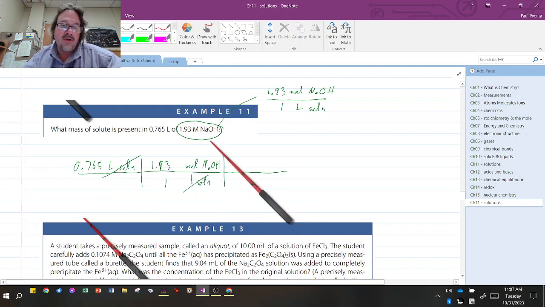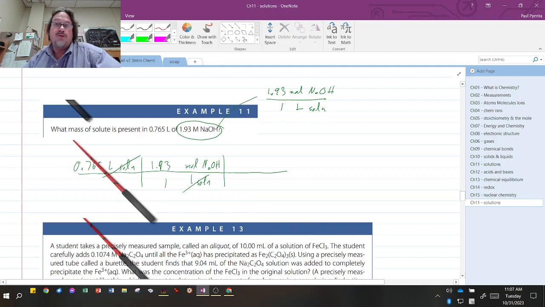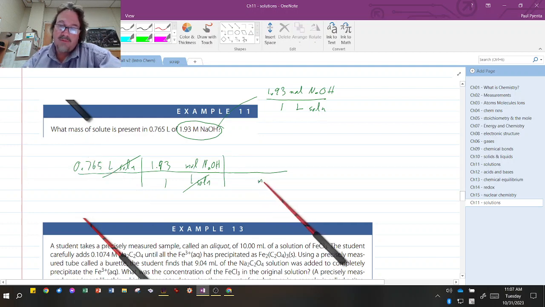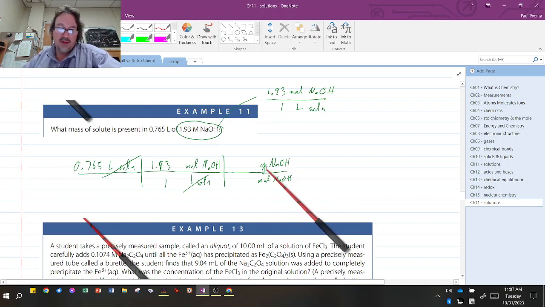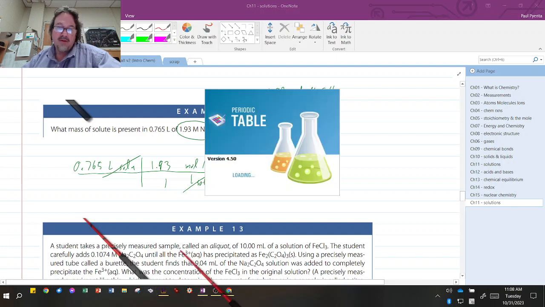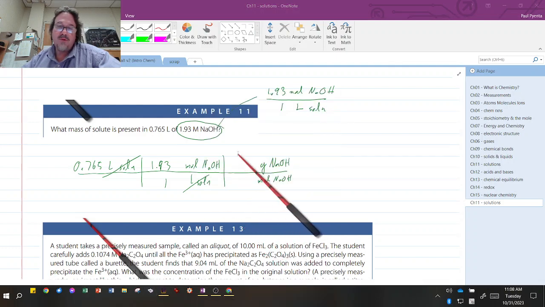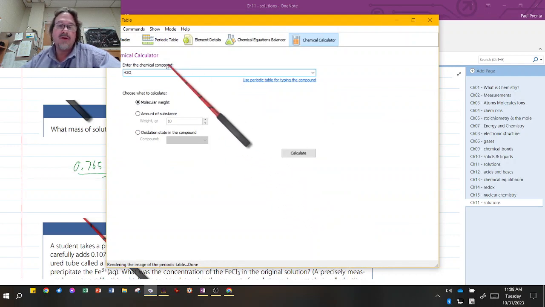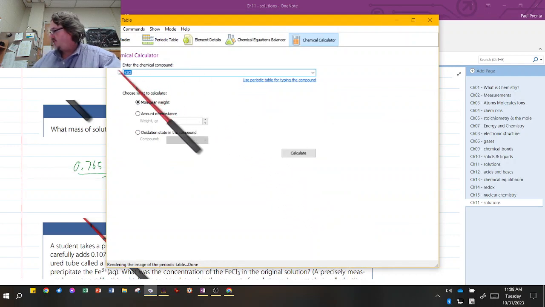They don't want me to stop there. They want mass. In other words, grams. So my next step, I'd have to convert from moles to grams of sodium hydroxide. And moles to grams, well, that's off the periodic table. And so I should be able to go ahead and grab that. Let's see. Periodic table here, sodium hydroxide. You can add them up off the periodic table, or you can just